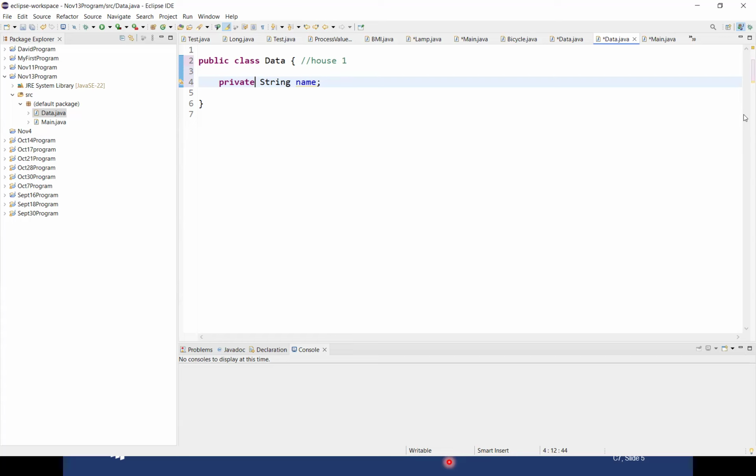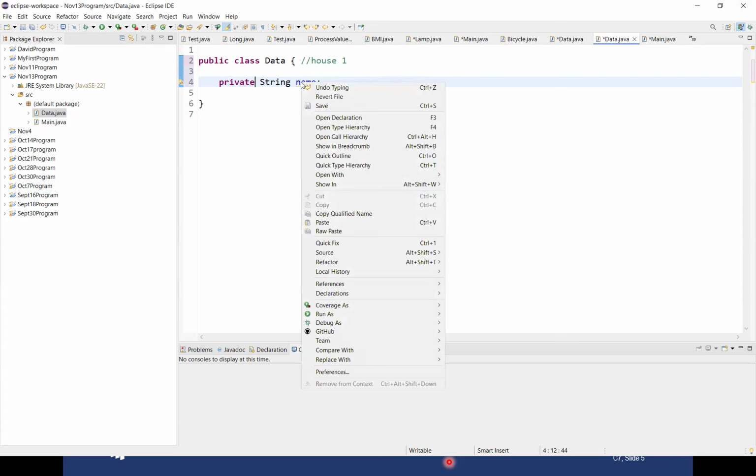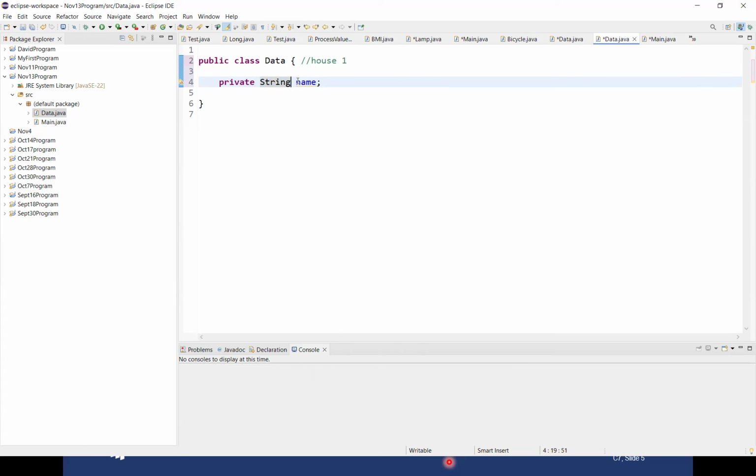So what setters and getters basically say is that if you have created a private variable and you want to access it in another class, then in that case, you can use setters and getters. And how exactly you can create setters and getters is by right-clicking this field